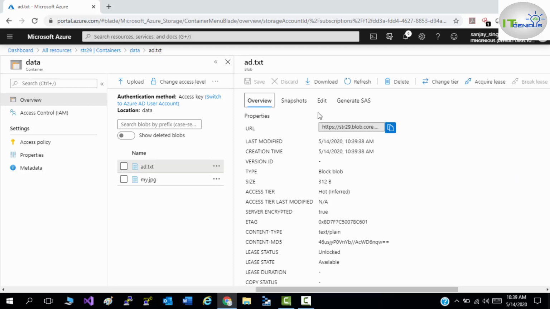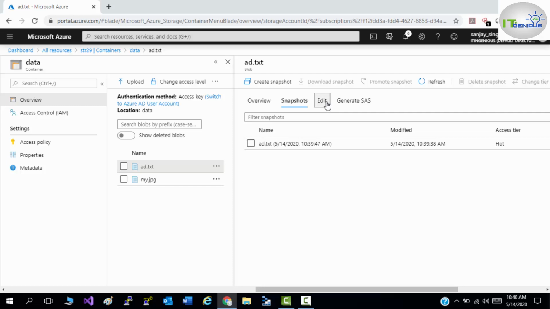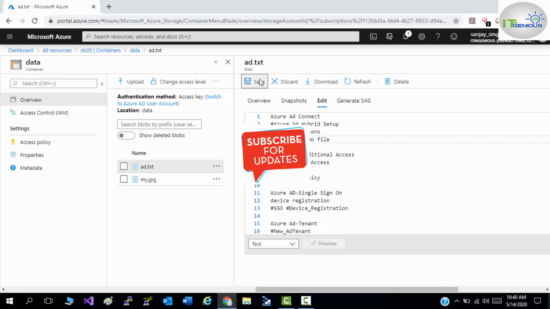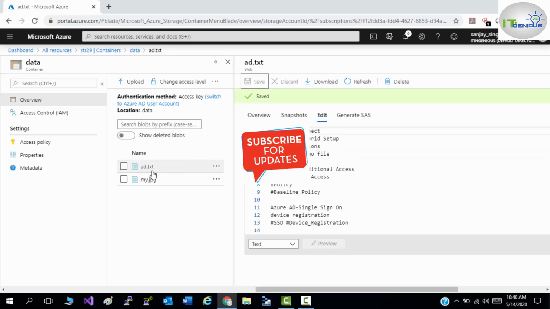Click on add snapshot. Now here you can see that is the snapshot of my existing data. Let me edit this file here. This is a demo. Now click on save. So now that is your updated file.